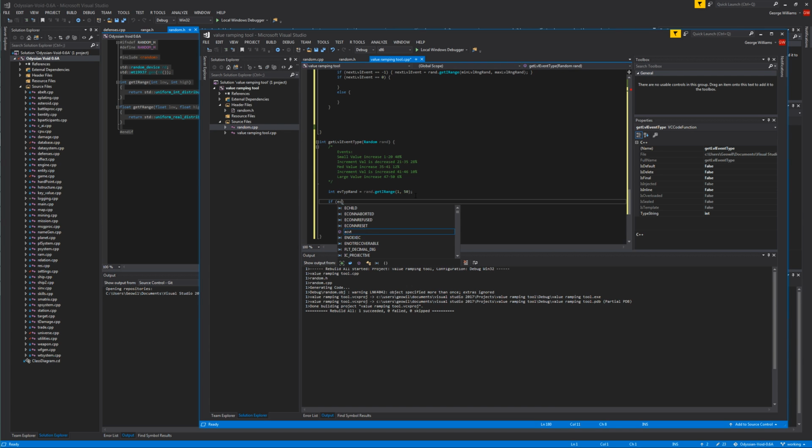If EV type rand is greater than or equal to 1, and less than or equal to 20, then we'll pass a value through. Else if 21 to 35, 36 to...